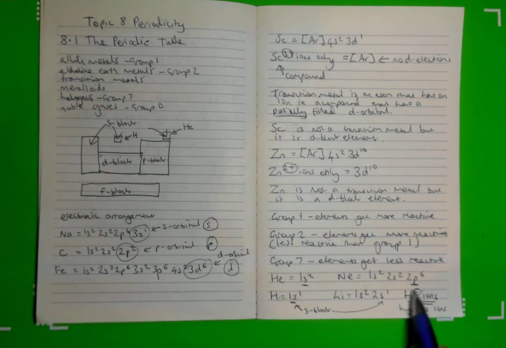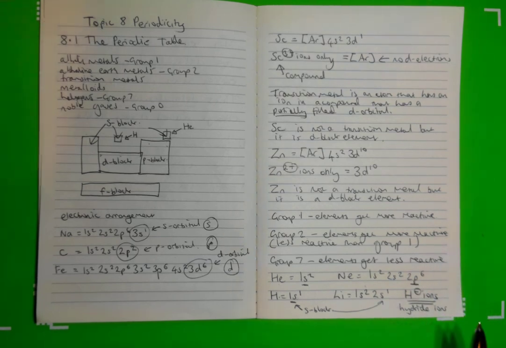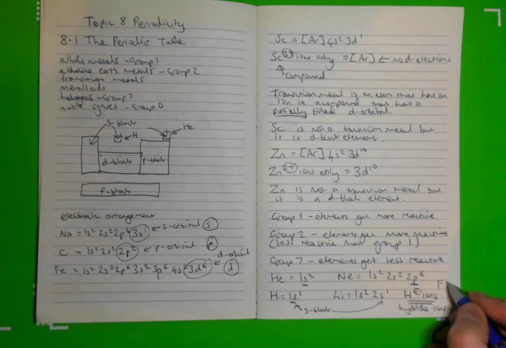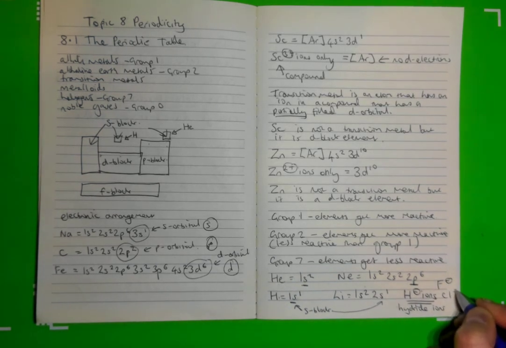There's a lone pair of electrons here. In fact, there's only 2 electrons in total. It had 1 electron originally, and we've added an electron there. So there's 2 electrons there, and we've filled the shell. So people often find that this element can be put in group 7, just like F- would be, or Cl-. There is another reason why hydrogen can often be put in group 7, and the other reason is